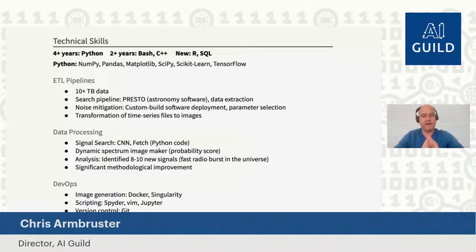It also again makes clear, I have 5 years Python, I have 2 years Bash, I have R and SQL. These are my favorite Python libraries. And then if I talk about data processing, so I did signal search, I did a dynamic spectrum, I did analysis, and I did things that led to significant methodological improvements in the data processing that I have. Those in the know can probably guess that this is somebody that is crossing over from academia to industry or startups, and that's fine. If academia was your work as a PhD student, for example, then the skills that you acquired in the last 2 years plus what you want to be doing more of next year is precisely what you should see here, and this is how it looks.